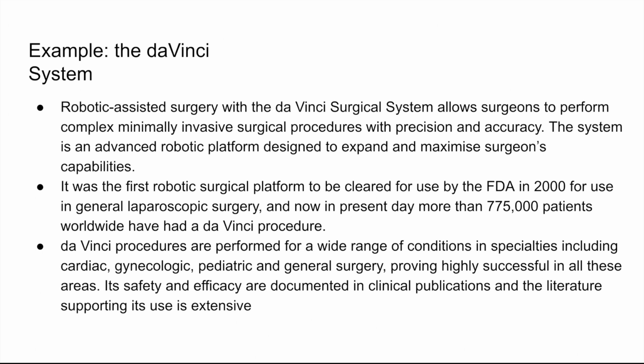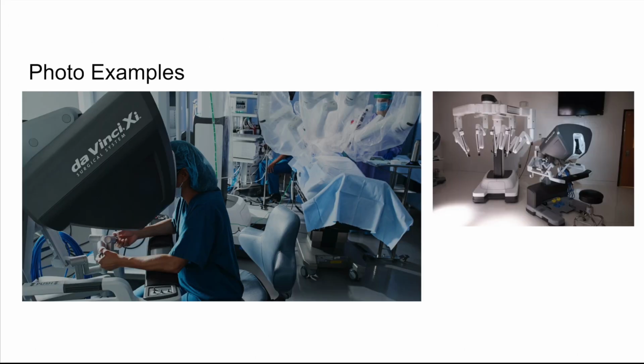Lastly, the tiny instruments that a surgeon uses have a far greater range of motion, helping a surgeon move each instrument with smooth precision. As you can see in these images, the picture on the left shows the Da Vinci system console with the surgeon sitting at the vision system, and then the picture on the right shows the small surgical instruments that a surgeon uses when performing the procedure.